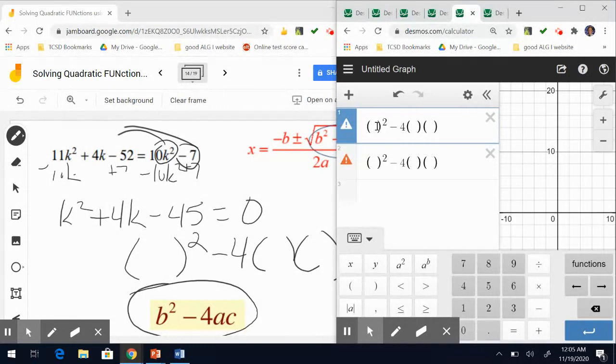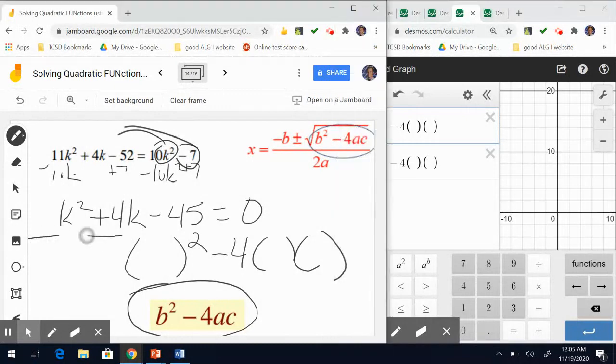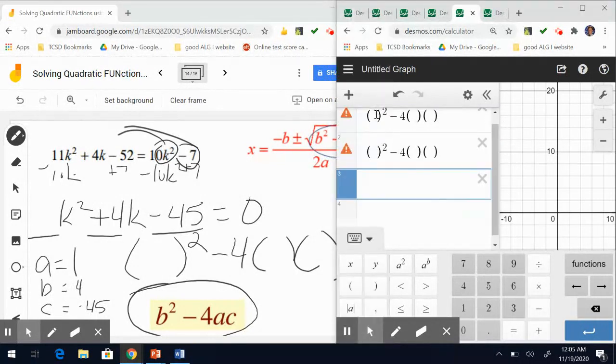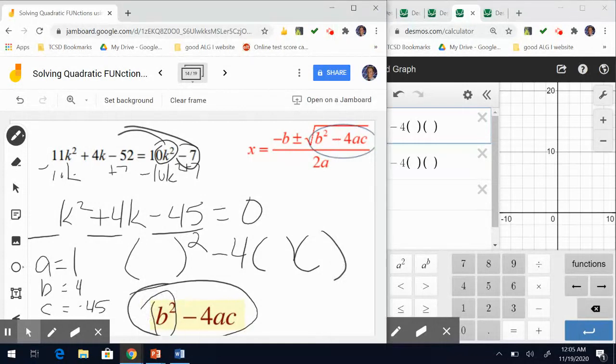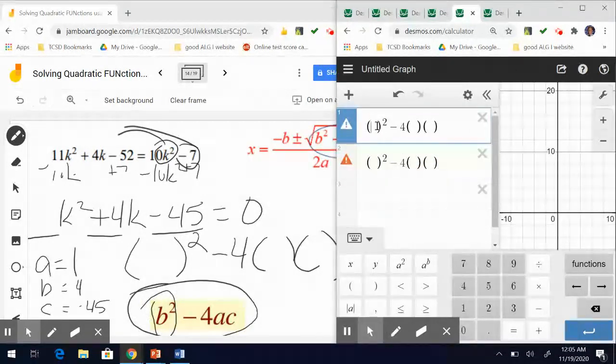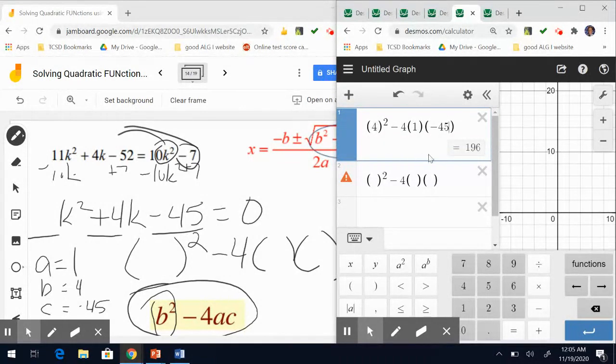Let's just do our ABCs real quick as well. Here's my A, here's my B, here's my C. My A value is 1, because it's the coefficient for the quadratic term, the k squared. My B is 4, and then my C is -45, because that's my constant. So when I go to plug in here, what goes first? It's b squared. So my b value is 4, times -4 AC. So what's my A value? Punch in a 1, and I multiply that by -45, and I get a positive